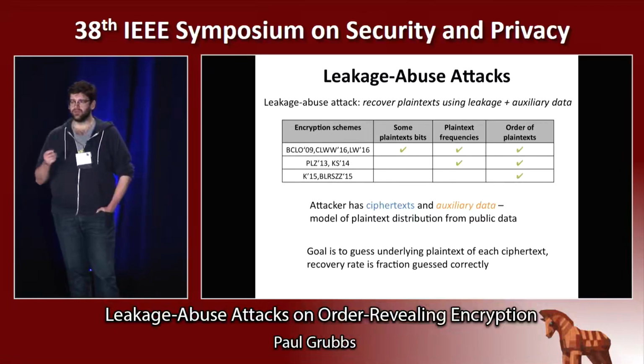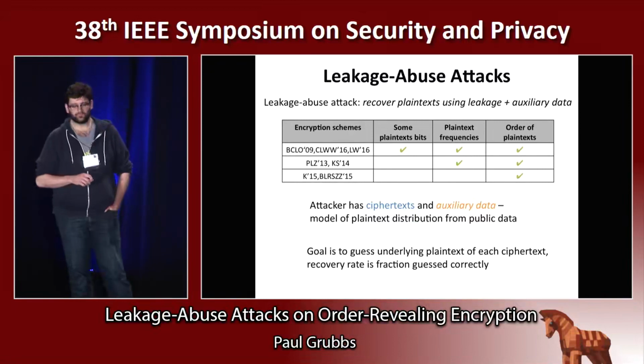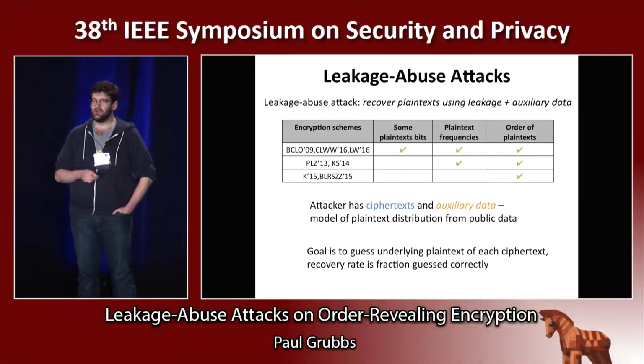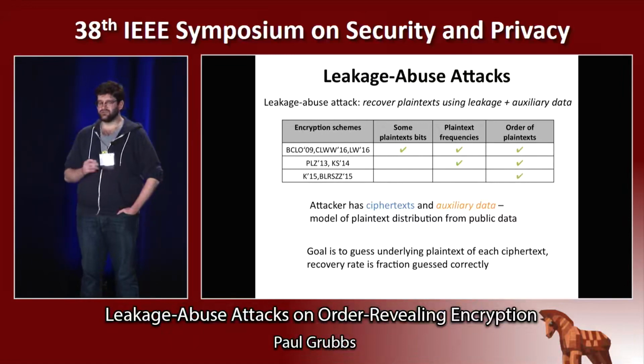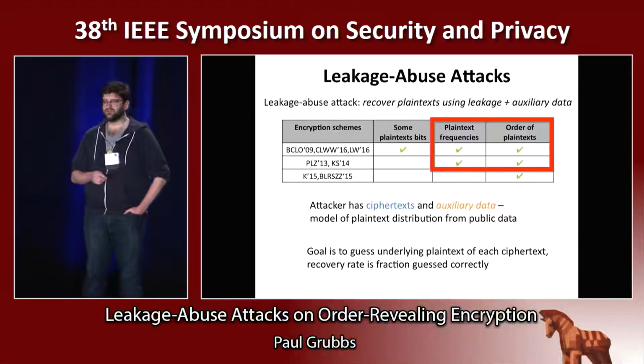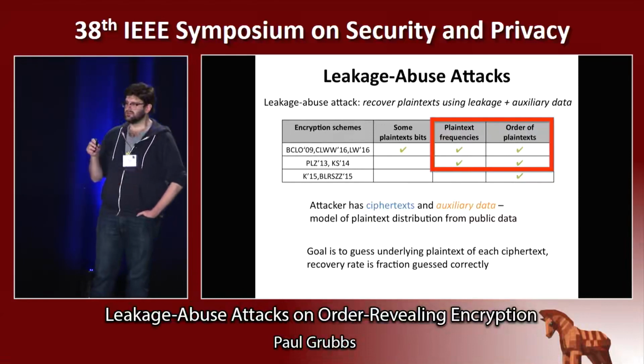And in this work, we're going to use public data as a stand-in as the auxiliary data. The goal of a leakage abuse attack is basically to recover some plaintext. And we're going to call the recovery rate the fraction of plaintext that we guessed correctly. The first attack we're going to discuss is against the schemes that leak both order and frequency of the underlying